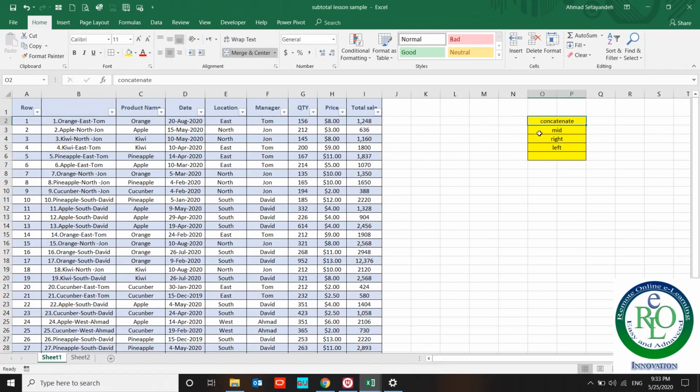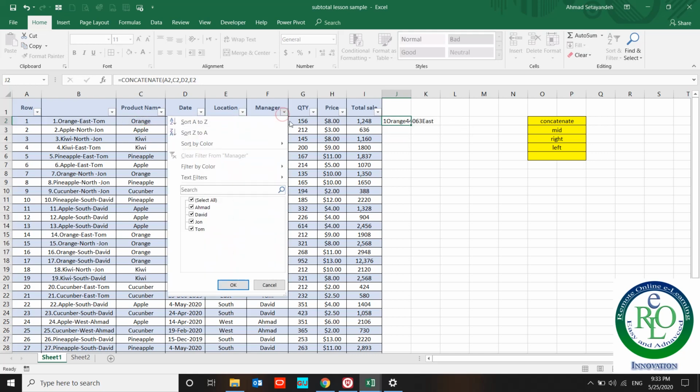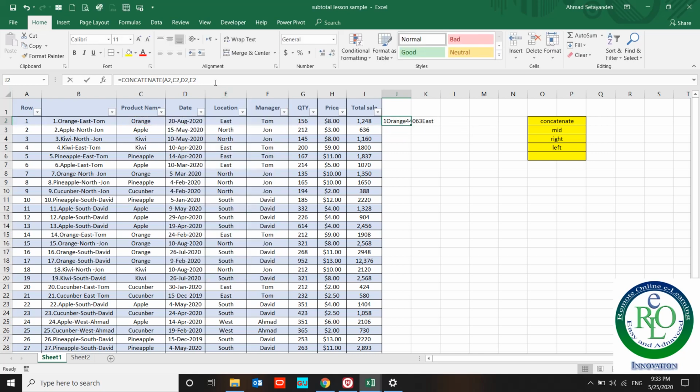Let me introduce CONCATENATE. Concatenate is a very powerful tool for combining text in Excel. With concatenate, you can add many texts to each other easily, using only the Excel separator. This is the combination of these texts. You can add